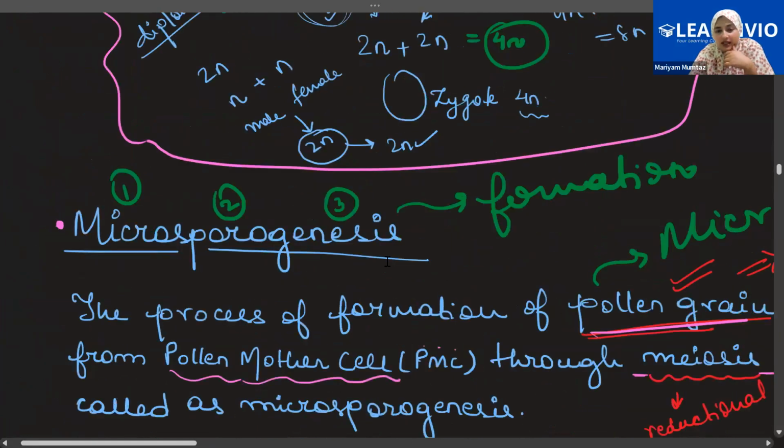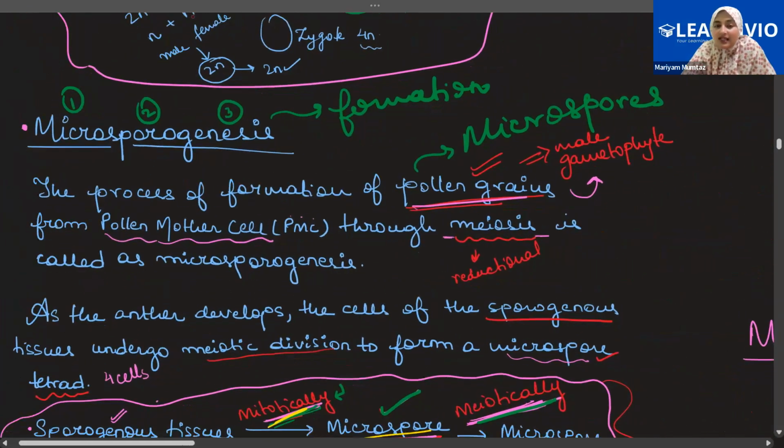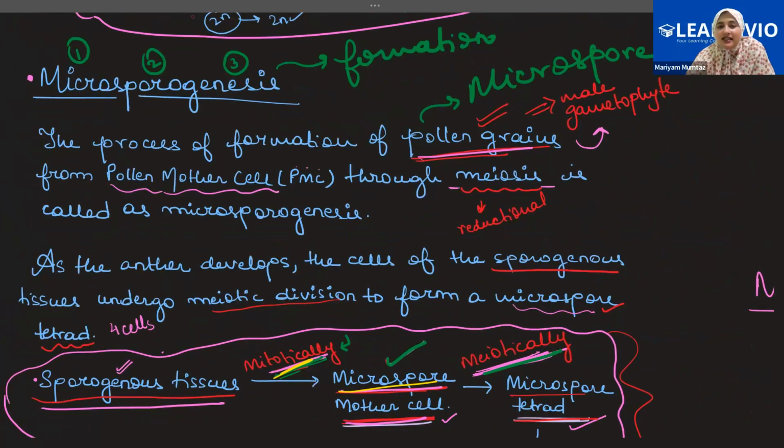Okay, now we're going to see how the process of microsporogenesis happens. Now, the formation of microspores will be called microsporogenesis. So now we're going to see how this entire process actually takes place, what goes behind it. Microsporogenesis is the process in which the pollen grains are formed from the pollen mother cell. The other name for pollen grain is microspore. That is why we are calling it microsporogenesis. So here the pollen grains and how they are formed is called microsporogenesis, and these pollen grains or microspores are formed from the pollen mother cell through the process of meiosis, because obviously